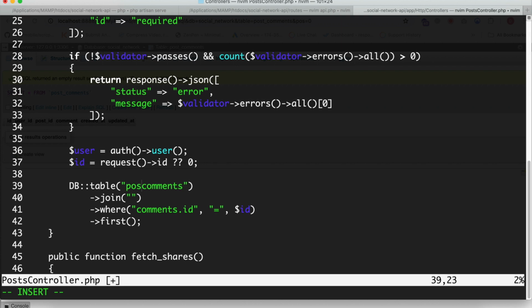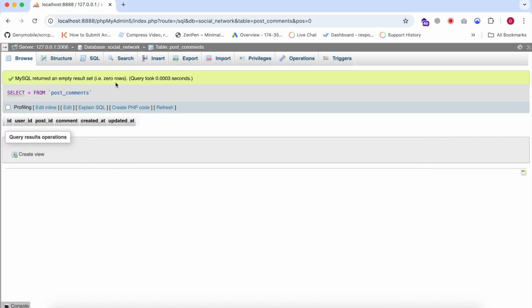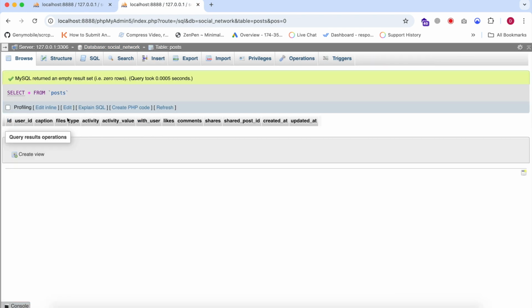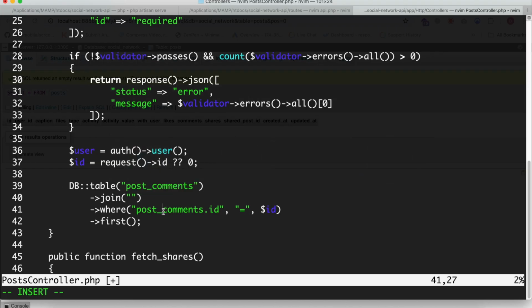And the table name is post comments. So it will be like this, post comments, and we will be joining with this, our post table. So we will match this post ID column with this ID. And post ID is equal to post comments dot post ID,